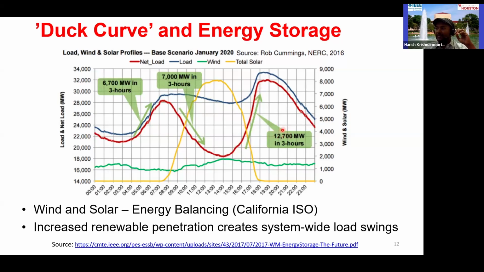So almost 12 gigawatts, and this is just in California, within 3 hours. So that is very fast. A lot of times, in order to avoid a mismatch in the supply and demand, which would cause outages or other issues, people start doing the spinning reserve, and so many different things. And that's the reason why you will see that the electricity prices go up significantly during the evening times.